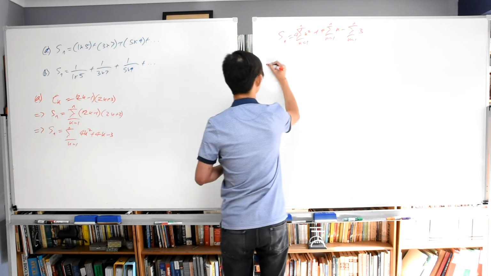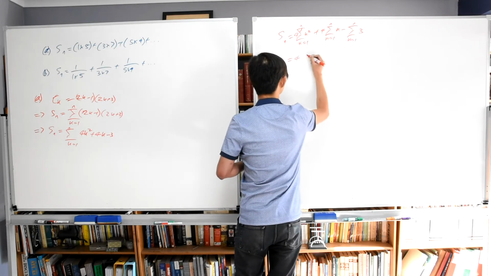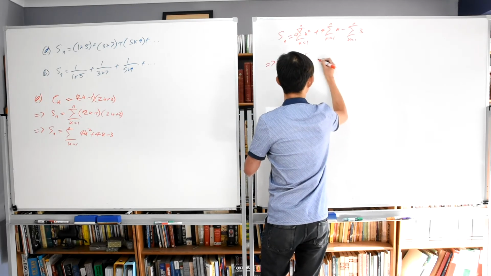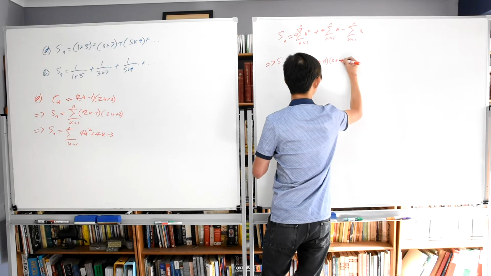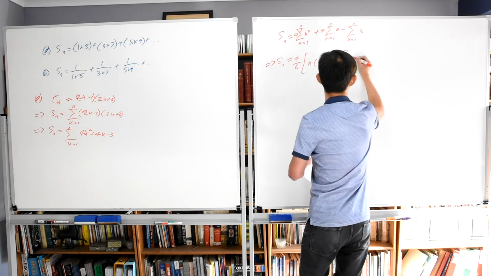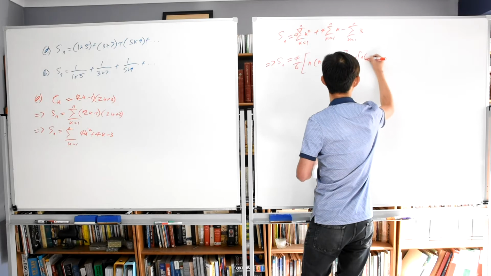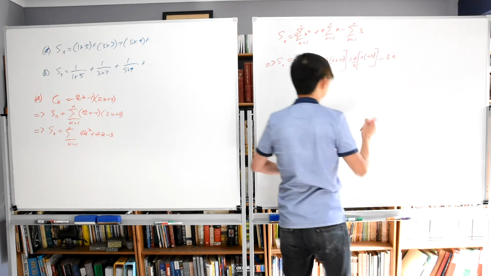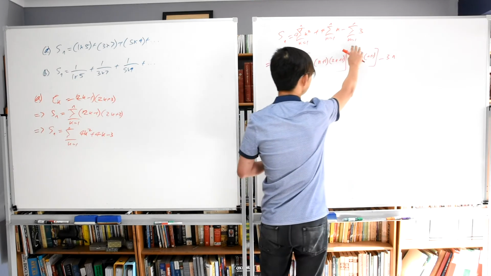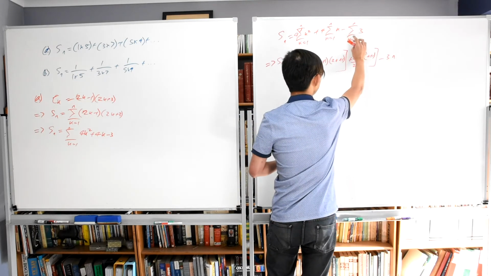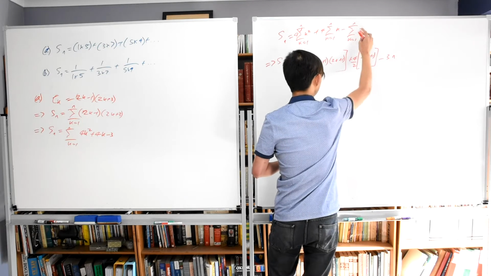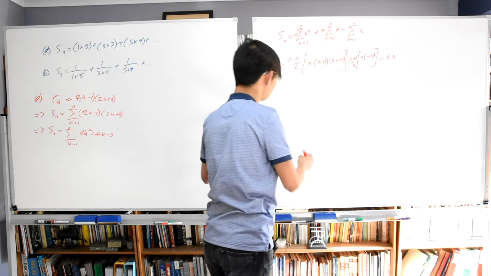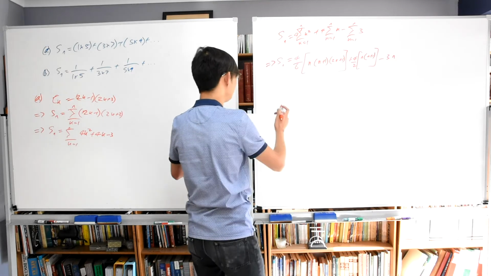Simplifying all of this, the 3n comes from adding 3 to 3 to 3 n number of times. Simplifying all of this even further,